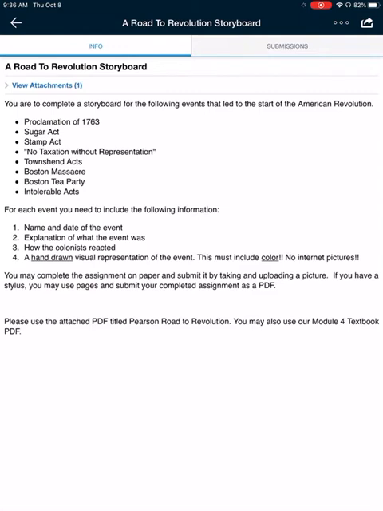Guys, I am not an artist. I wish I was, but I'm not. I promise you that. I'm not grading you on your drawing whatsoever. However, I am going to grade: does the picture attempt to show what the Sugar Act does? Does the picture attempt to look like it? Did they use color, right?